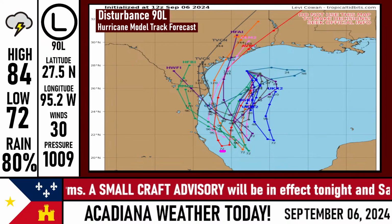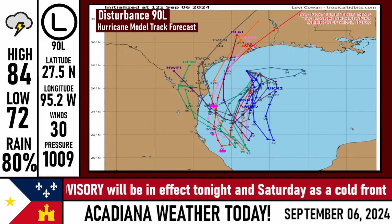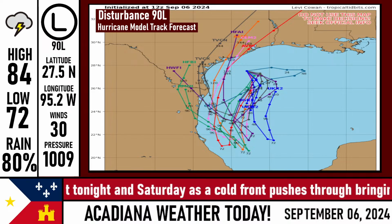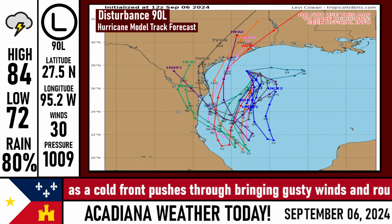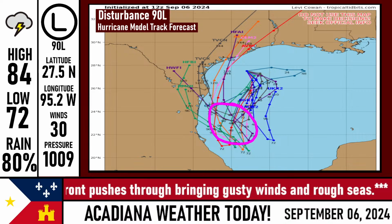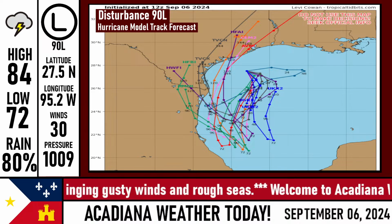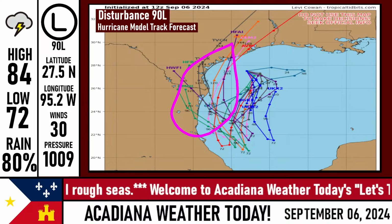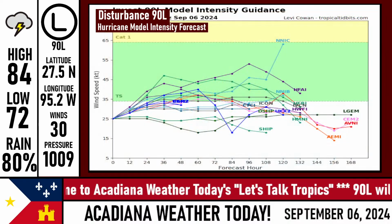But the numbers that are on here, that's the hour. So 120, that's 5 days out. 72, that's 3 days out. 48, that's 2 days out. Just to give you an idea on some of the timing. So anything, if it's going to turn around in this area, probably is not going to occur until the early part of next week. So Texas and Mexico will probably continue to see some decent amounts of rain from this low, but there are